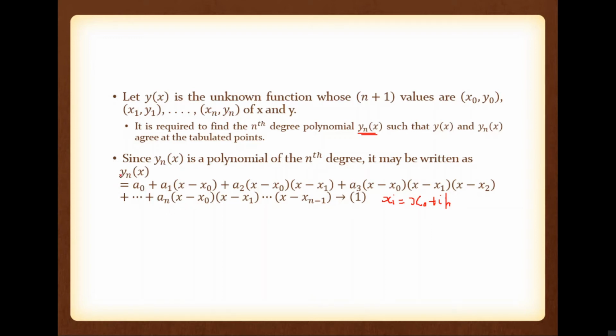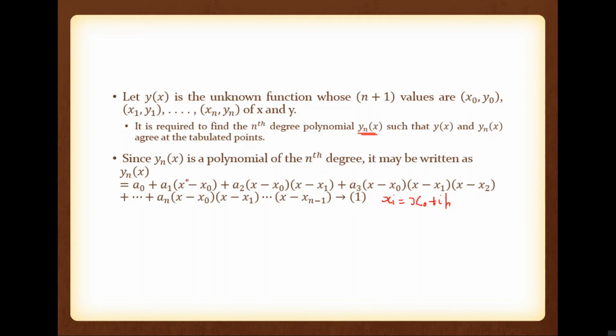So please note some important things. If you are going through this equation, you can see that you have n plus 1 coefficients: a0, a1, a2, a3, etc., an. The coefficient of a0 is 1, meaning a0 is an independent term. Now what about a1? a1 is the coefficient of x minus x0. x is the independent variable and x0 is the data. Okay, so a1 is the coefficient of the term x minus x0.